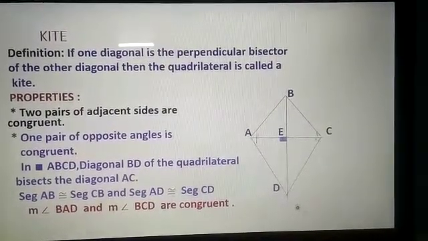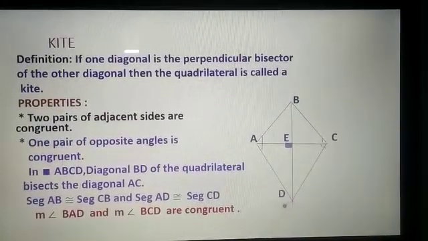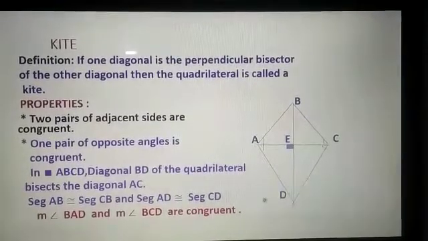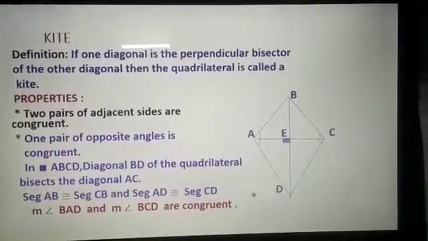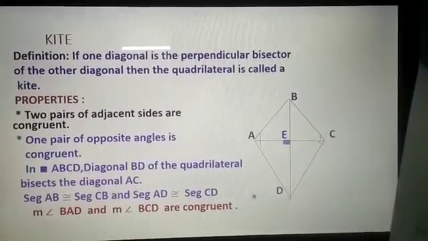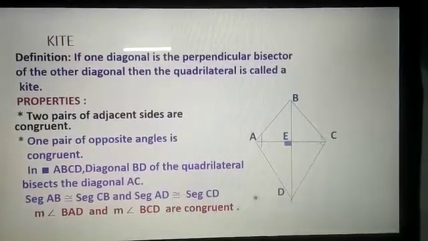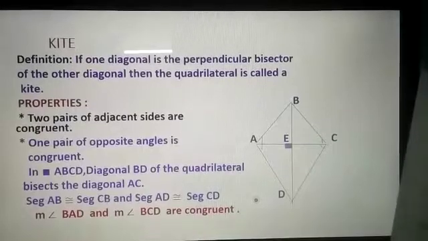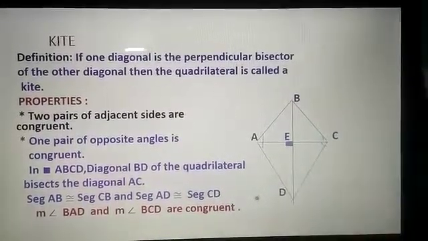Okay children, so these are the three quadrilaterals which we have studied now. First one is parallelogram, second one trapezium, and third is kite. After these quadrilaterals, we will see some solved examples on page number 48. So you should write down all the properties of these quadrilaterals, learn them well, and in the next period we will see some solved examples and then practice set 8.3. Thank you.